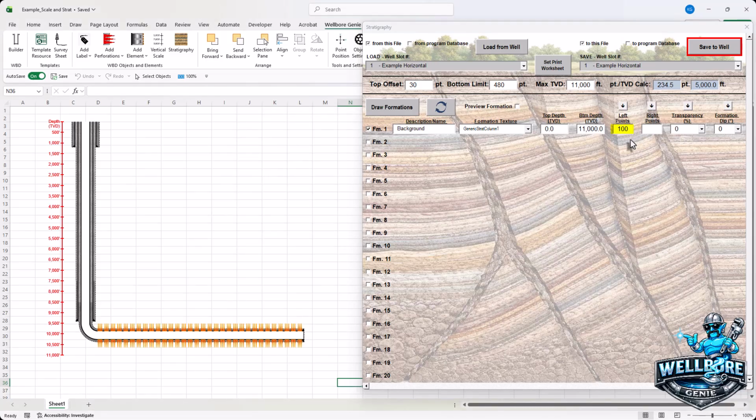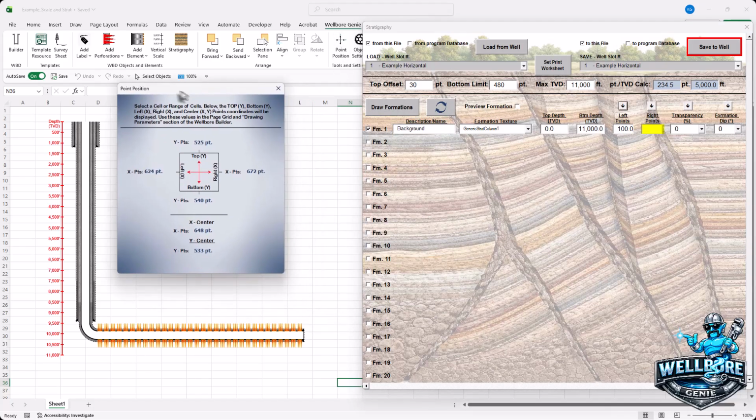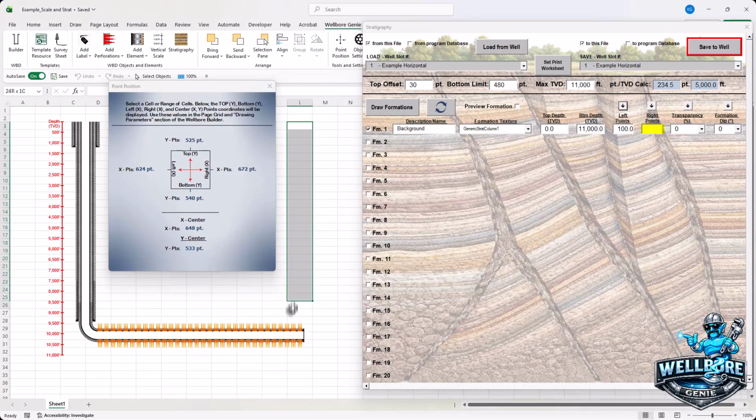To populate it through the rest of the formations, we can click the down arrow above the left points. Now all formations will have the left edge set to the vertical scale. The next box is the right points. Let's say we want the formations to extend just past the lateral on the right, to the right edge of column L. We can use the Points Position tool again and highlight the cells in column L, which will give us the right edge of the column at 576 points. We'll enter this value in the right points box and click the down arrow to populate the rest of the